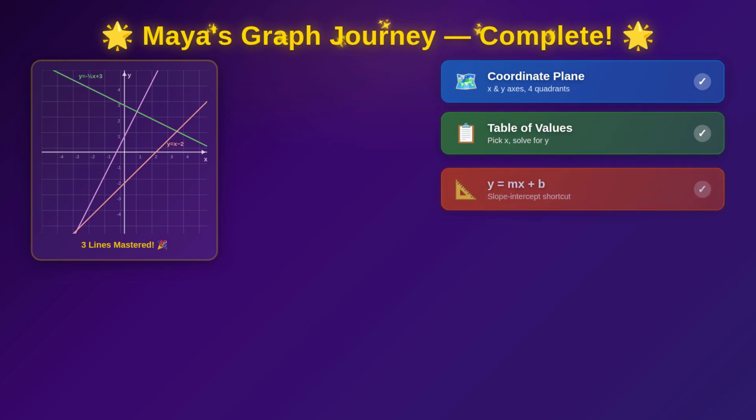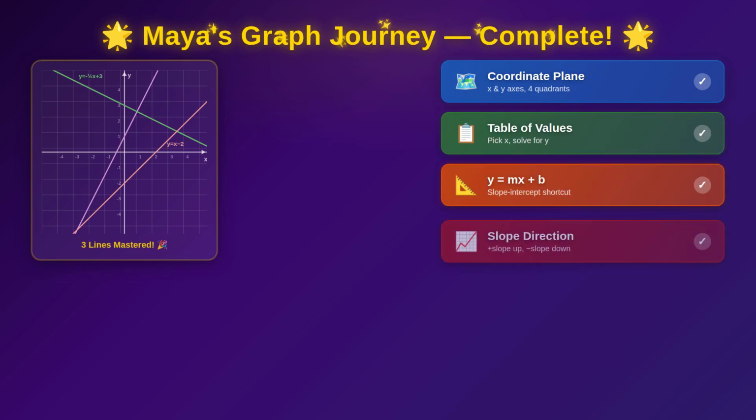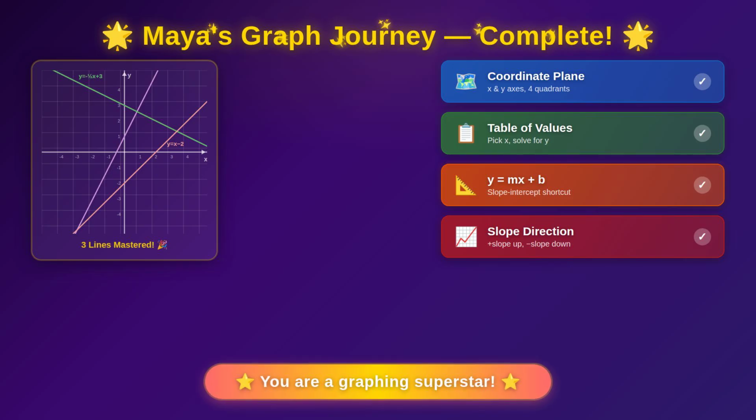Remember when Maya stared at y equals 2x plus 1? Totally lost. Look at her now. She's graphing lines with fractional slopes, negative slopes, and helping her older brother with his homework. You went on the same journey today. You learned what the coordinate plane is, how to build a table of values, and how slope-intercept form gives you a shortcut to graph any line in seconds. From confused to confident. That's the graphing journey. And now it's yours too. Keep practicing and you'll be